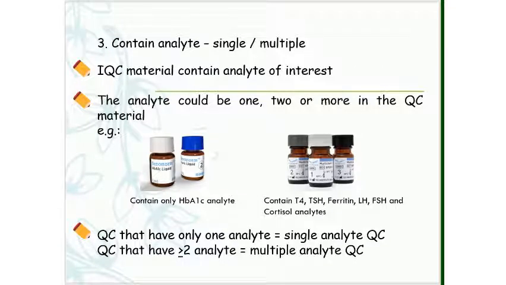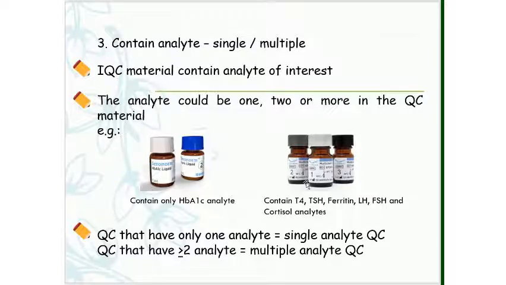And number 3, the QC properties. It contains single analyte or multiple analytes. IQC material must usually contain the analyte of interest. The analyte could be 1, 2, or more analytes in the QC material. For this example, this is the QC material for HbA1c. It contains only the HbA1c analyte. So this is called single analyte